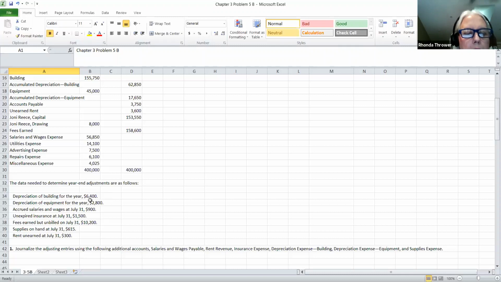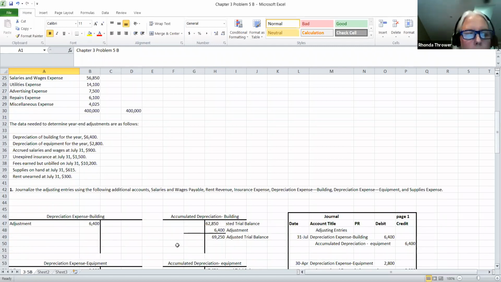What you will have to do is create the adjusting journal entry and put it in the journal. But before we do that, we're going to analyze it through our T accounts. So I've drawn a T account here that represents the depreciation expense for the building. When we adjust the building